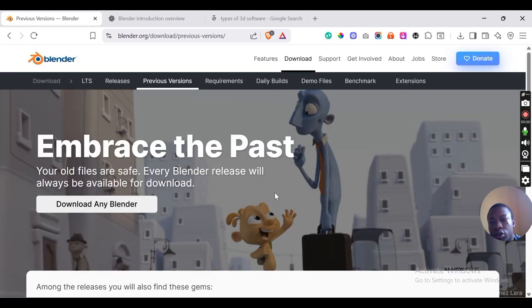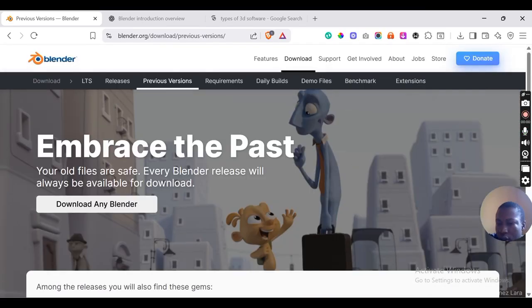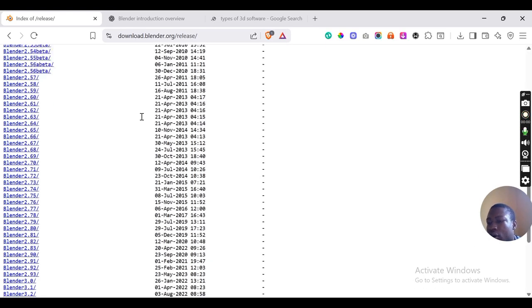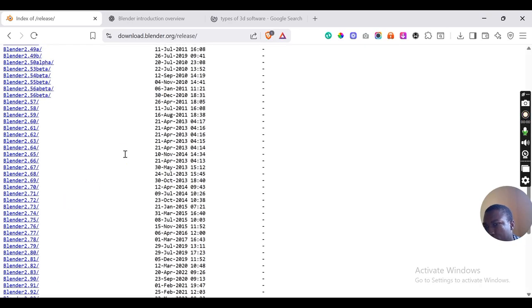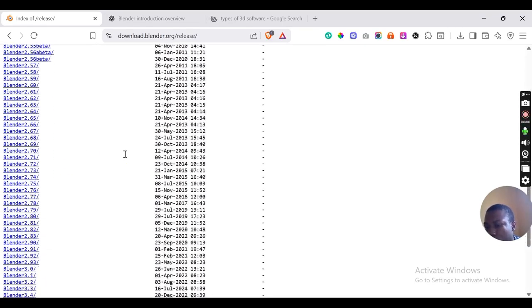It's going to take me to another page. We just say, okay, download any Blender. Once you click download any Blender, it's going to show you all the versions from Blender 1.0 all the way to the latest 4.5. You can see we have different versions. Whereas for me, I usually download